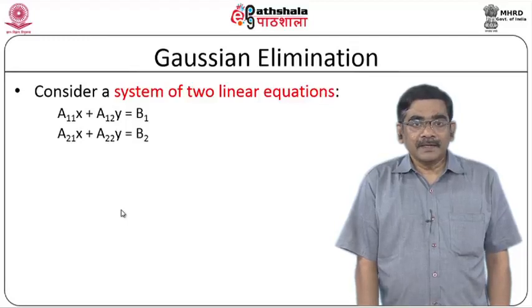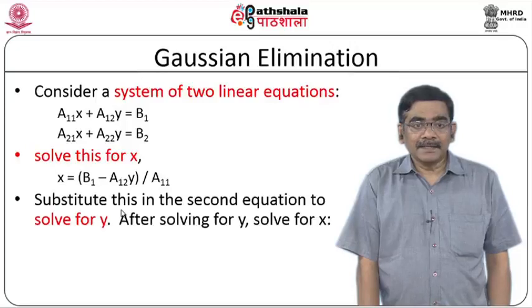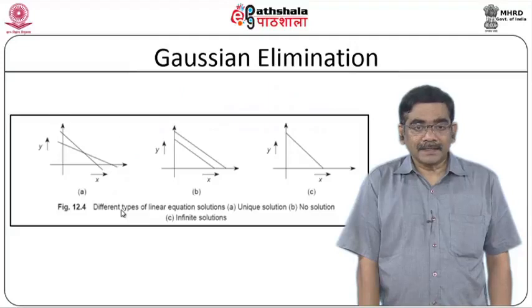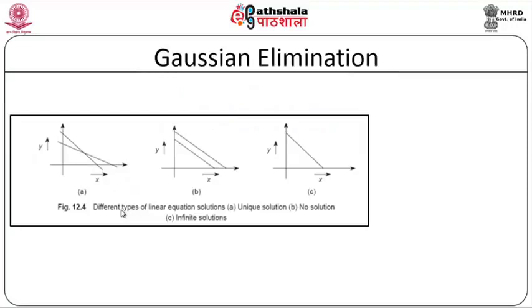As you know very well, take a simple two equations with two unknowns. Suppose equations like this are given, then I can find the unknown x. Once I have that, I can substitute it in the first equation for finding the resultant unknown. So, this is what I do. Graphically, these are the kind of solutions I will get.